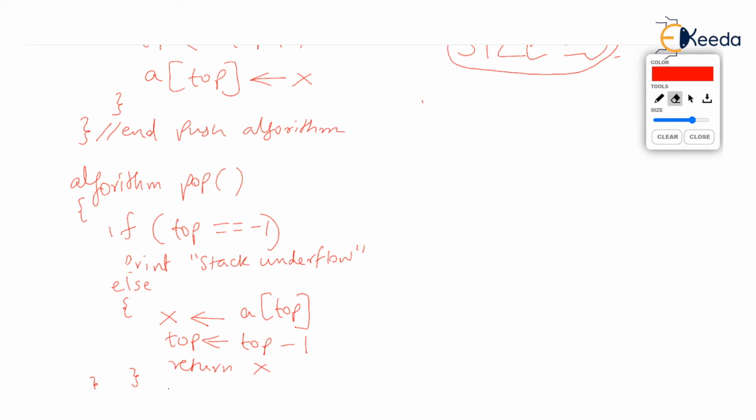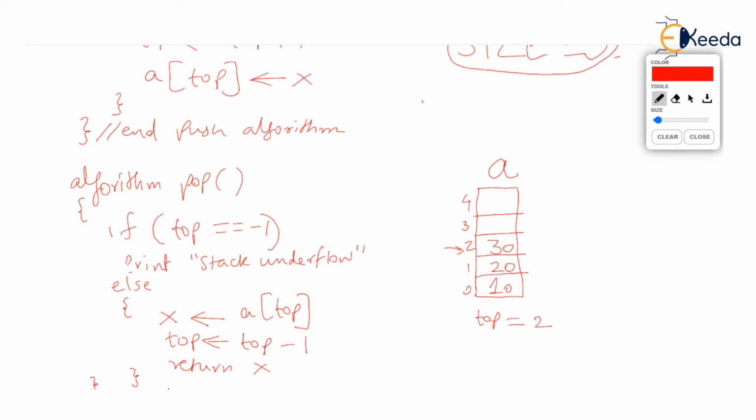It's very easy. Now imagine again that I am having a stack of 5 elements. So the element numbers are 0 to 4. That is, the size of this stack is 5. And currently top is equal to 2. This is the array A. Now top is 2 means we have stored something in position 0 definitely, position 1 surely, and position 2. That's why top is 2, isn't it?